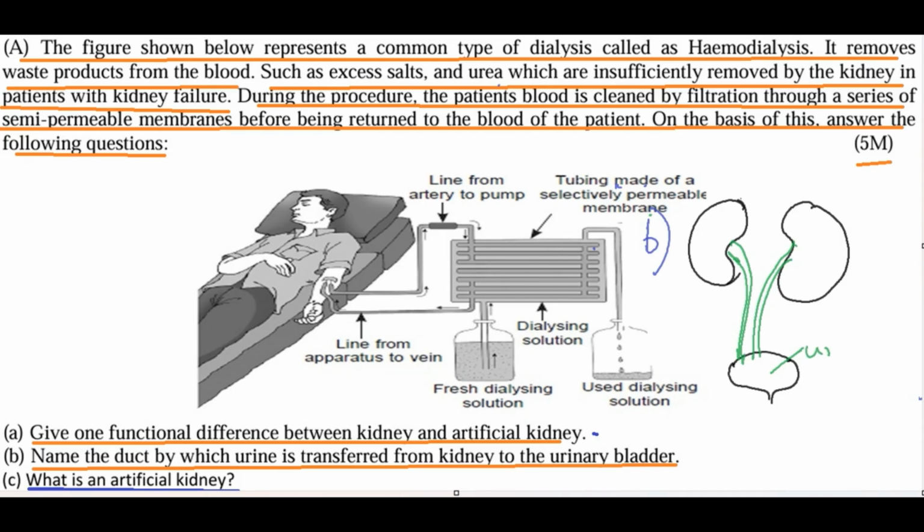So this is the urinary bladder, and these are the kidneys. What is this tube? These two tubes carry the urine from the kidney to the urinary bladder. This tube is called